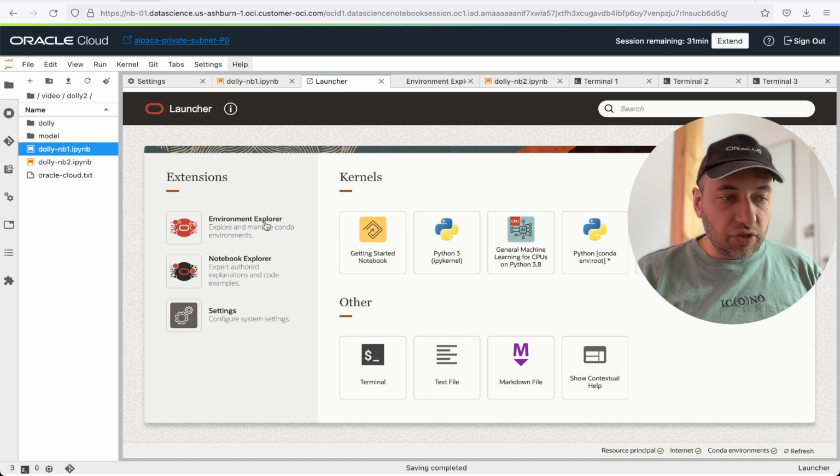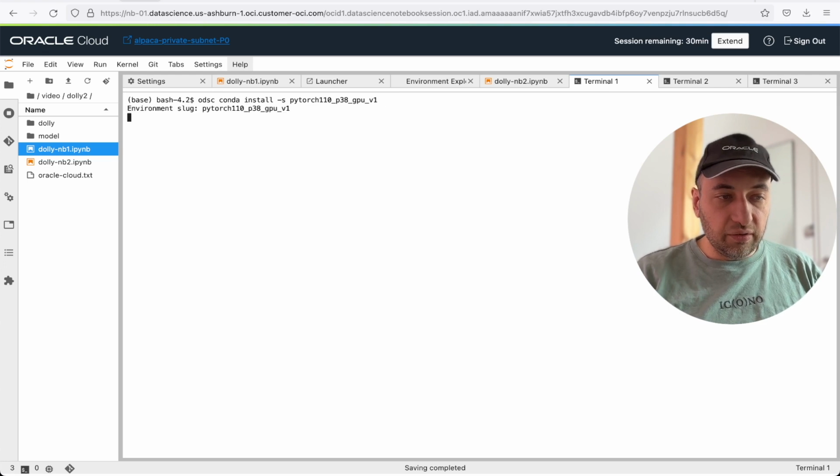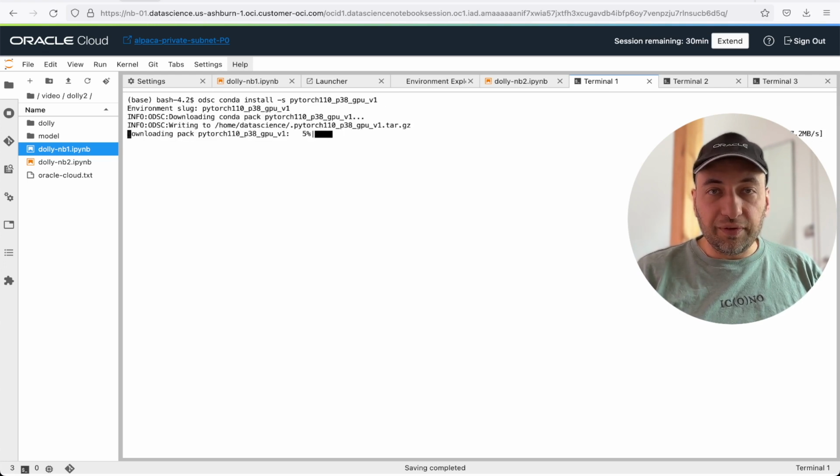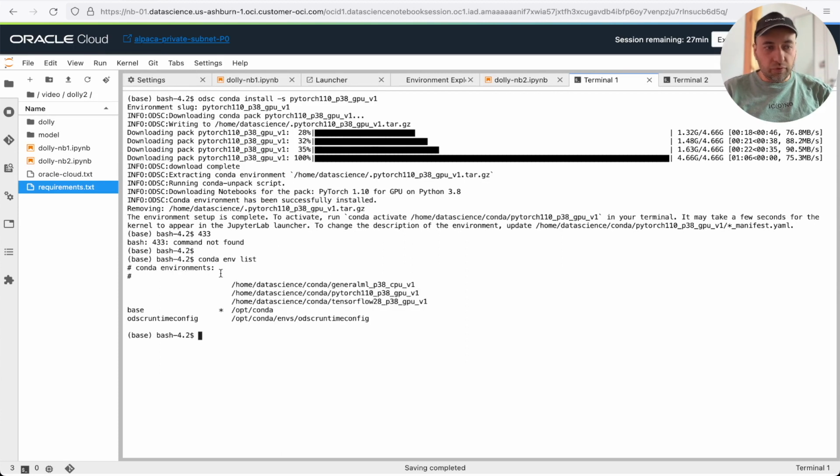From the Launch Explorer, you can click to open a terminal. Once the terminal is open, just paste this command here and hit enter, and it's going to install the PyTorch Conda environment. It takes a minute or two. In the terminal, you can execute the odsc conda CLI. Now what we need to do is activate this Conda in the terminal. So copy this path, say conda activate, paste the path there, hit enter, and now we are in the Conda